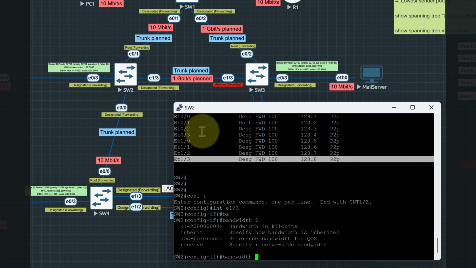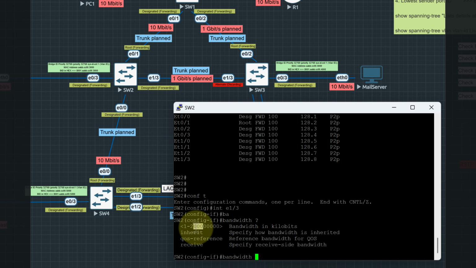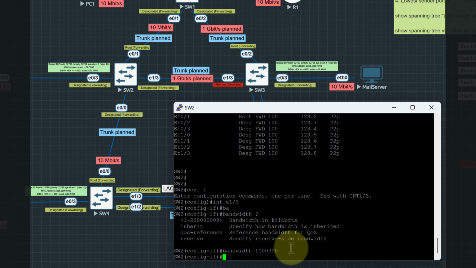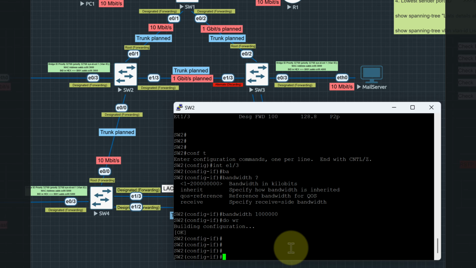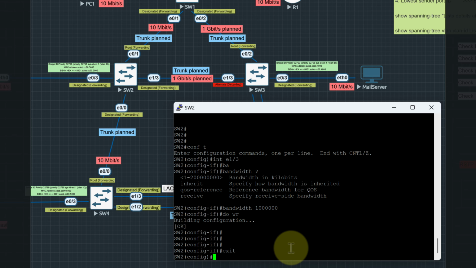bandwidth, and the options are from 1 to 2 billions or 200 millions, I think. Yeah, 200 millions. We will say 1,000 thousands or 1 million, which is equivalent to 1 gigabit per second. Then we say do write. Then we say exit, then we say do show